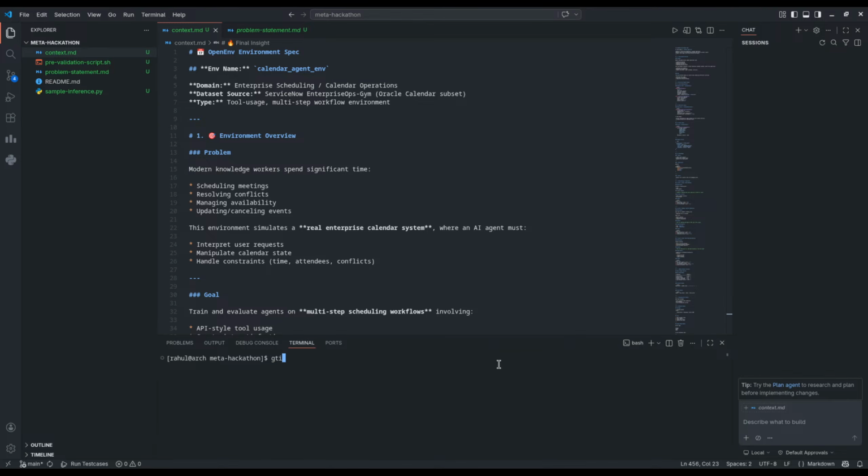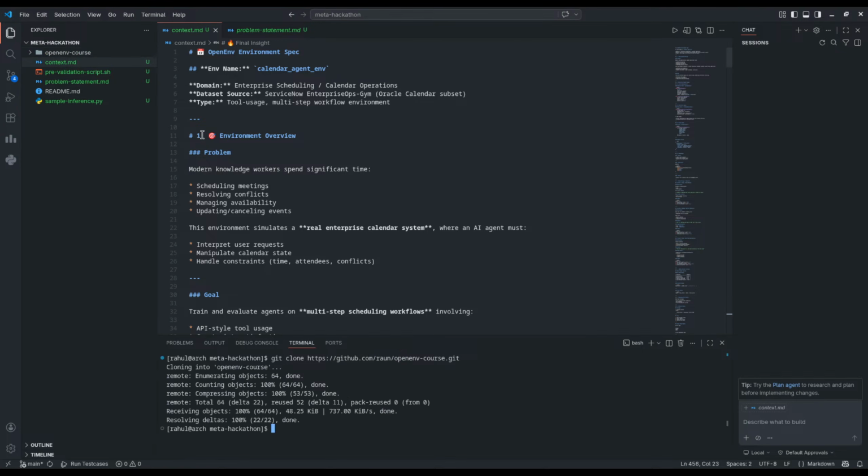Okay. Git, git clone. Let me clone some of the things together so that it is able to get more context. Is the wrapper included in here?